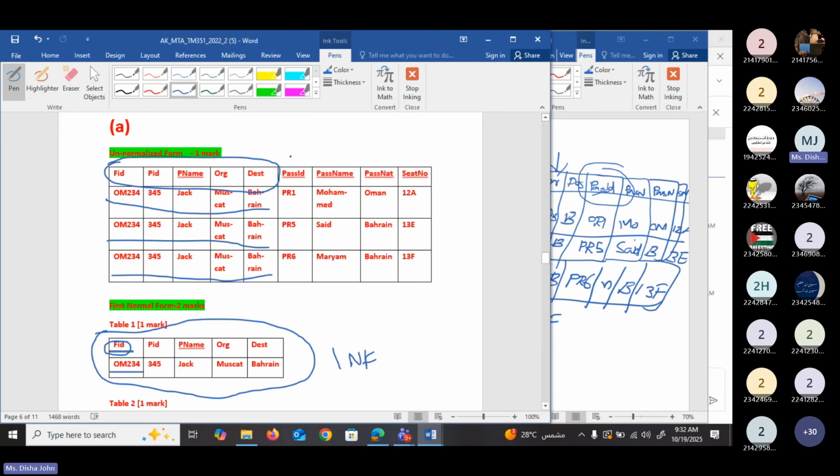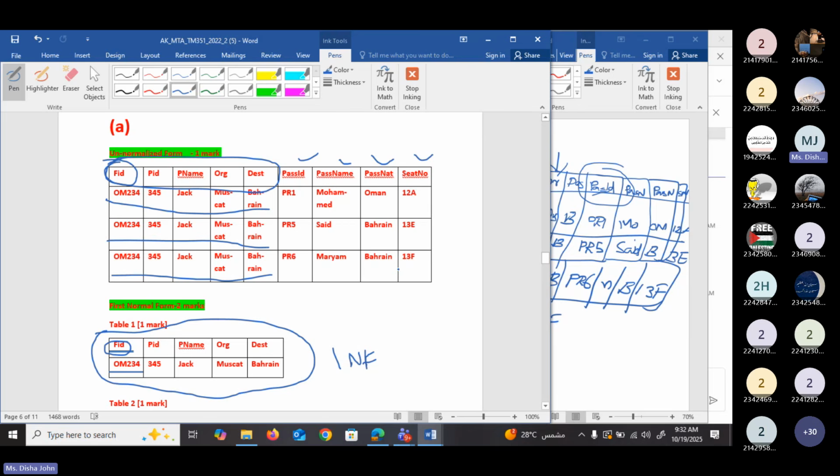Then what happened with the other columns in the original table? Here we have the remaining columns: passenger ID, passenger name, passenger nationality, and seat number. We need to add these columns in another table along with the flight ID, because we have to know which flight these passengers belong to.